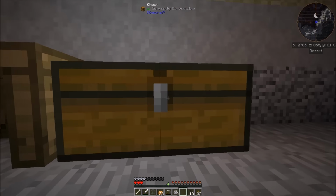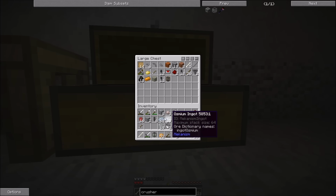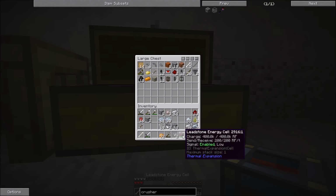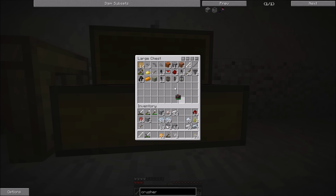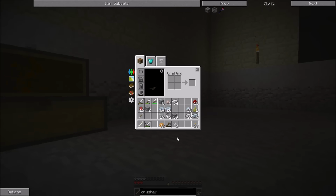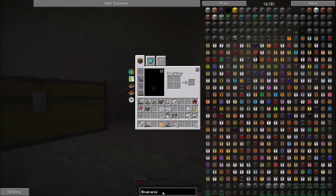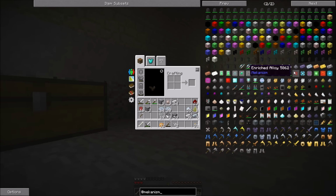So what else do we want to mess around with in this pack? There's a couple things I want to mess around with right now. There's my Leadstone energy cell. Is it charged all the way? It is charged all the way. Let's put it in here. I want to make a weapon. Before I move over to Tinker's, let's look up everything in here in the mechanism. I want to make one of these